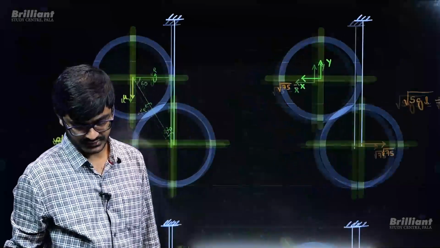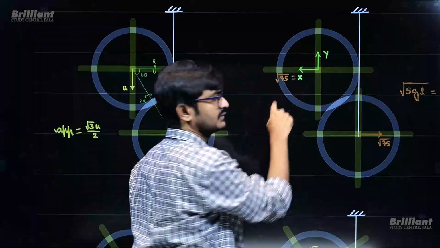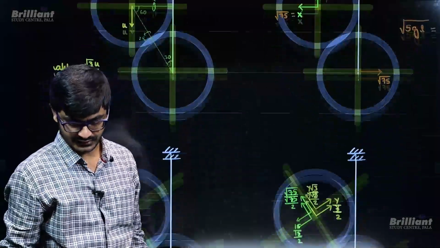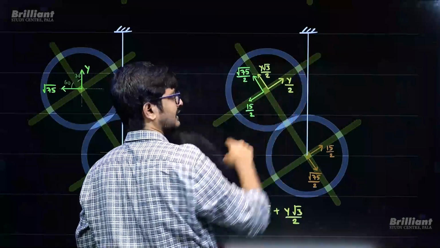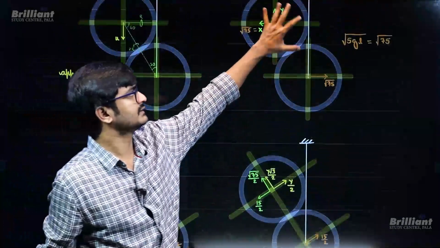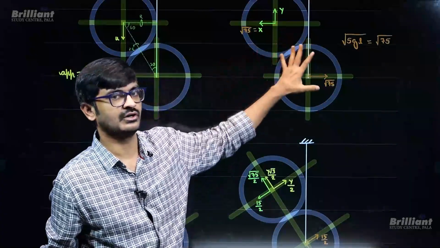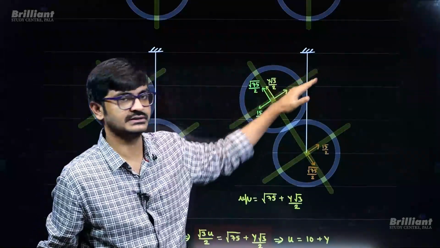So what have we done? Initially I have taken this as my system and I concluded this velocity is root 75. Thereafter I have taken this thing as my system and I have conserved momentum along this direction, right? Initially I have taken this entire thing as my system and I conserved momentum along the horizontal direction. Thereafter I have taken this thing alone as my system and I conserved momentum along this direction. Now,